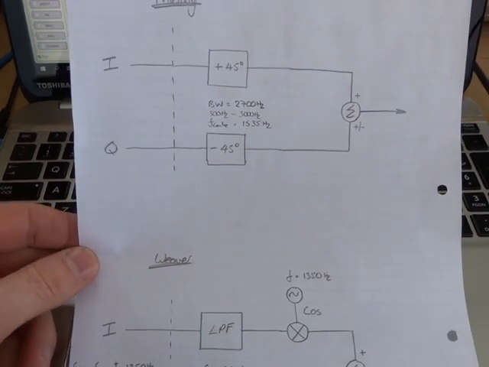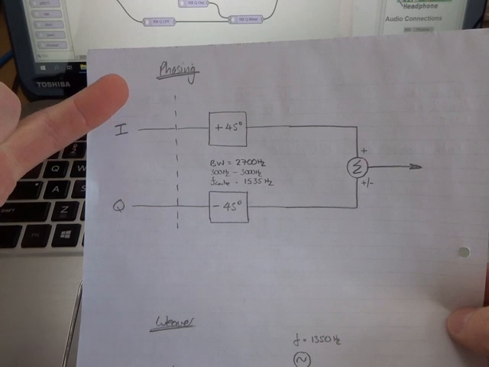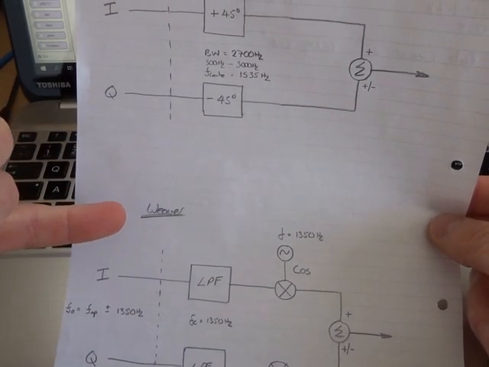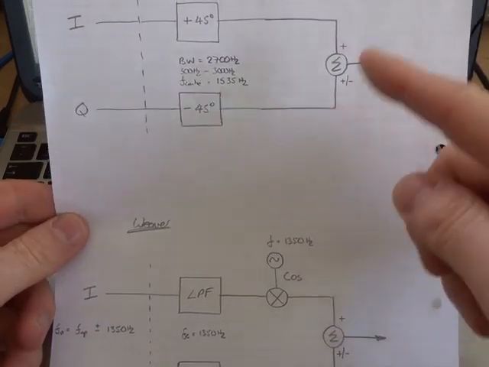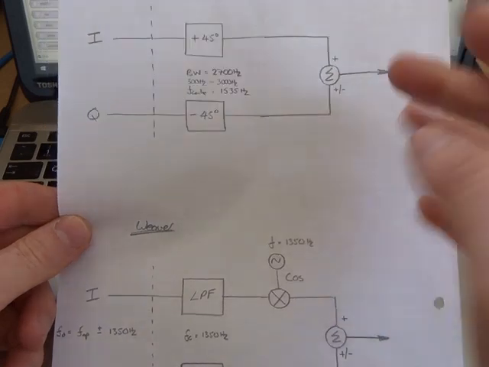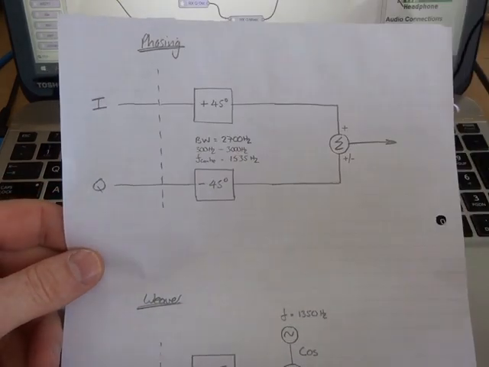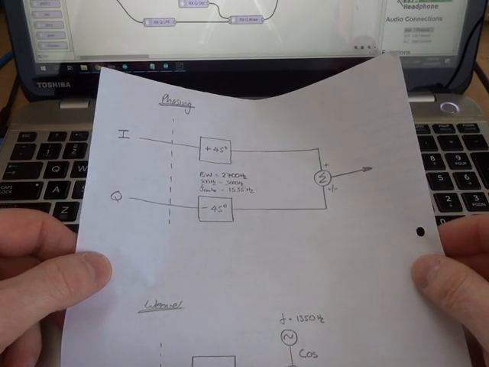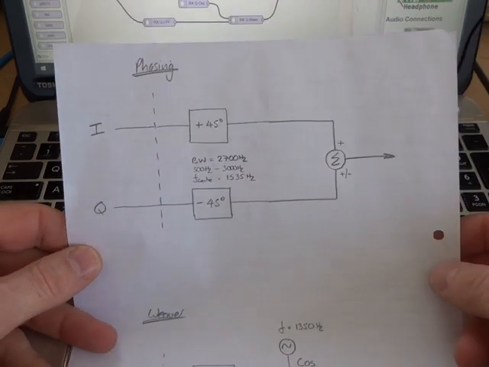So two things I've been playing around with. One is the phasing technique, and the other one is the Weaver, also known as the third method for generating SSB. Both these configurations here are for the receiver, and flip it around and it's for the transmitter. For this particular build, I'll be playing around with receiving first, and then I'll convert it over into a transmitter. So in terms of the phasing technique,